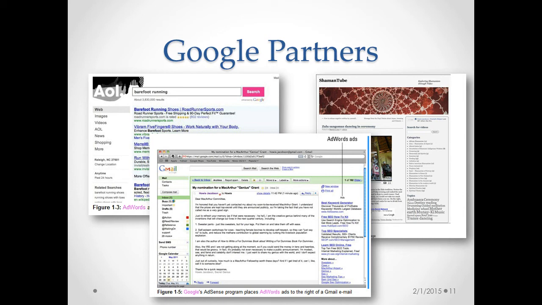Now, when Google started, it showed only the results of its own calculations. And these are known, as you probably well know, as organic listings. Organic listings appear on the left side of the Google results page, which includes organic listings only, and no AdWords entries. One important term you should know is pay-per-click. AdWords is a pay-per-click advertising medium.